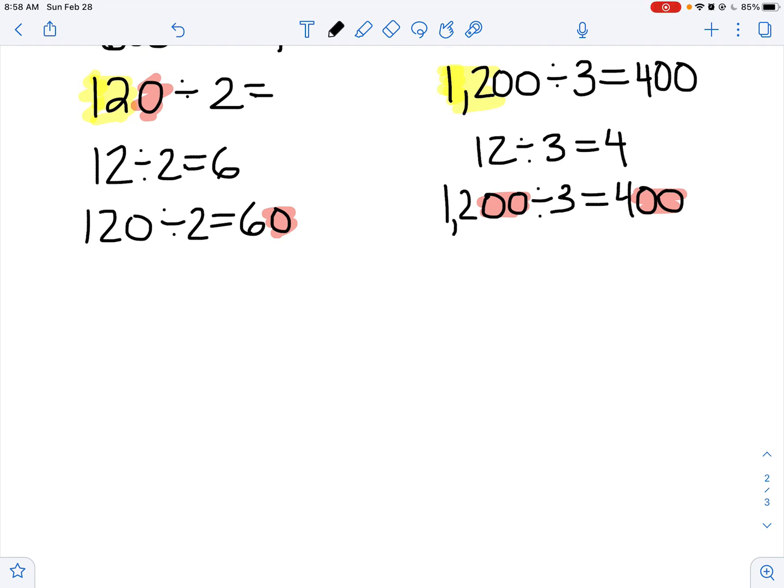So your job today is to go ahead and practice doing some 3-digit dividend division with multiples of 10, 100, and 1,000. On the first couple, you do need to show it on your place value chart. I want to see that you understand how that works. But on pages 3 and 4, on the 3rd and 4th slides, you do not have to use the place value chart, but it is there should you wish to use it and need it. Good luck. Have fun. Let me know if